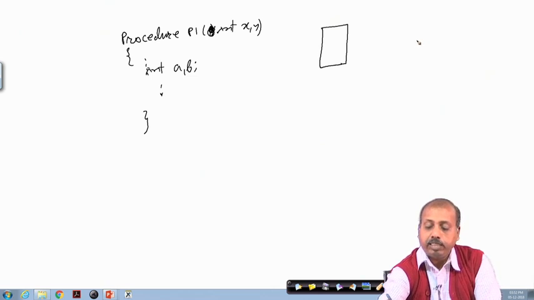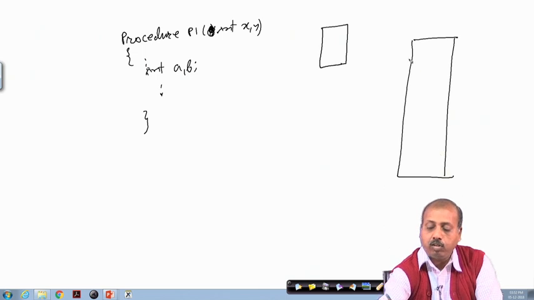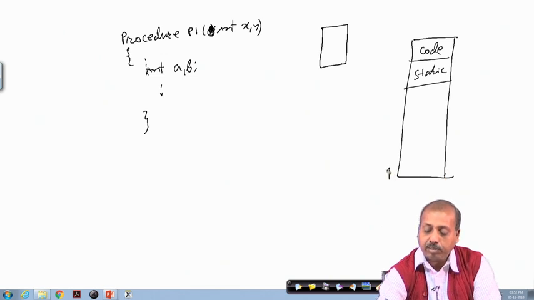Rather, as you remember the program snapshot that we talked about, it has got the code part, this static part, and it has got this heap and stack. The stack starts from the bottom.